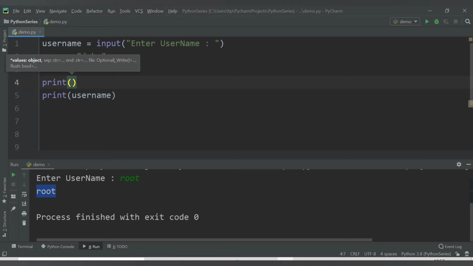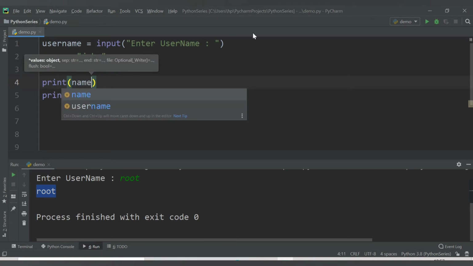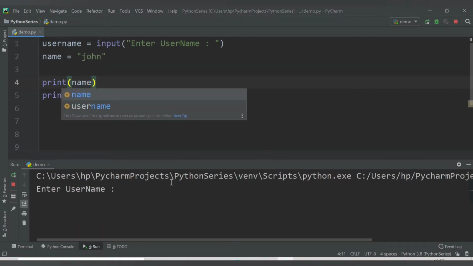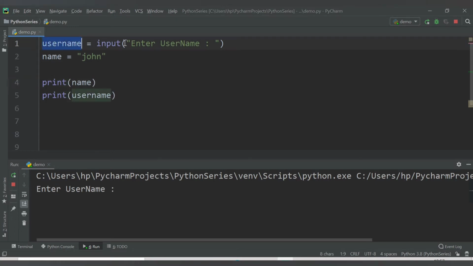Print name. Let's run this. See, name has the value John, but still the console is not able to print it, because before that we have this username which is asking for input from the user. That's why it is not printing.